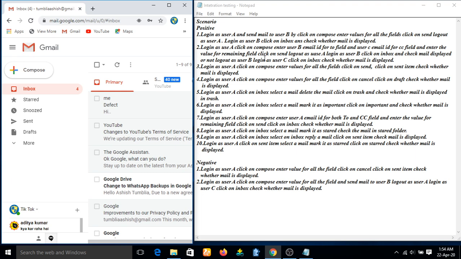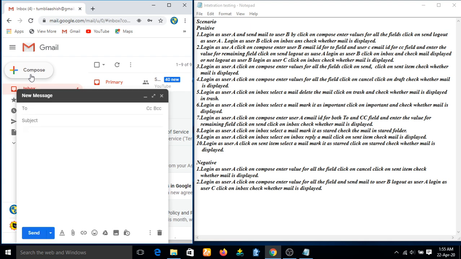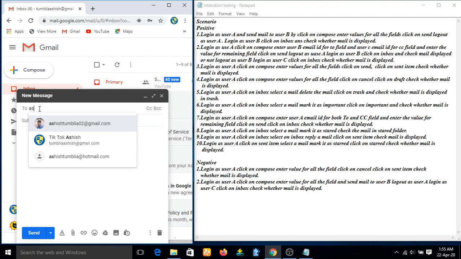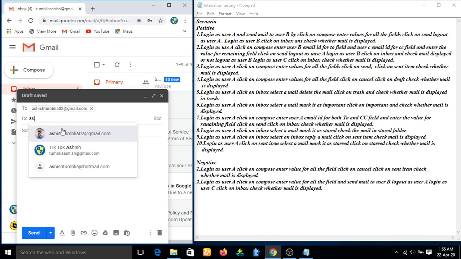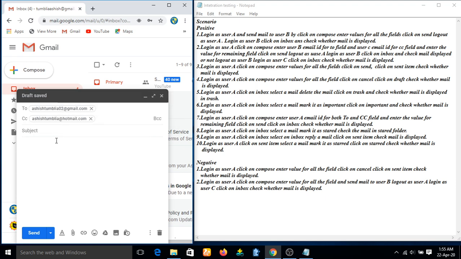Log out as user B, login as user C, click on inbox, check whether the mail is displayed. That means this scenario is saying that we have to use the compose module. Here I will enter, okay, let me use this email ID, and in the CC field I have to give another email ID. Let me use this other email ID. Okay, subject, you can give anything.